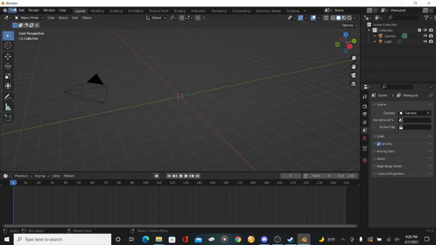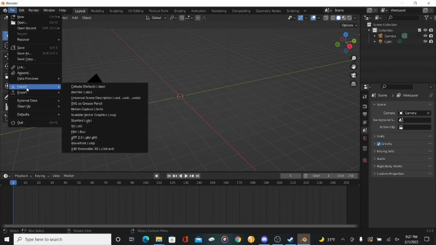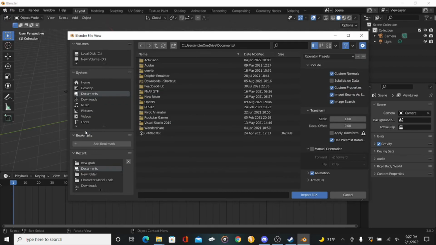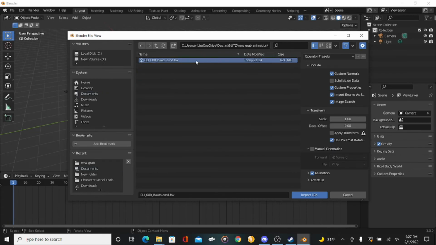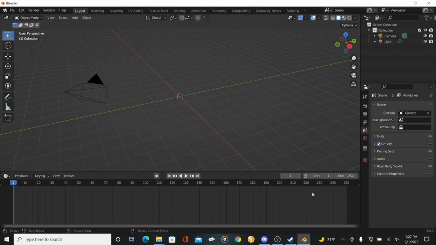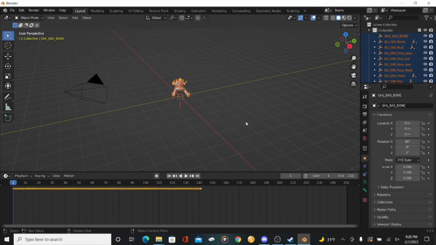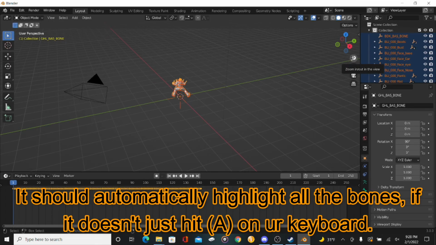But yeah, once you find that, you're then going to want to click Import FBX, and if you did it correctly, it will definitely take a minute. I guess it would depend on the computer too, but it'll definitely take a moment. If you did it correctly, it should load in like this, and you're gonna start seeing all these triangles around it. Those are the bones of the character model.